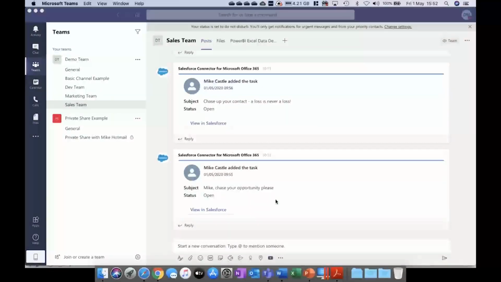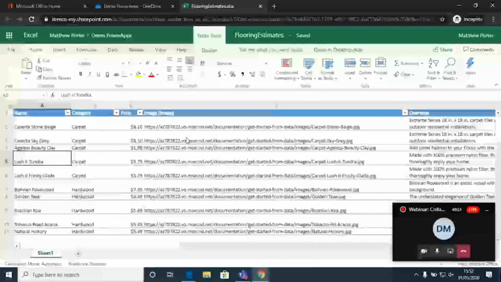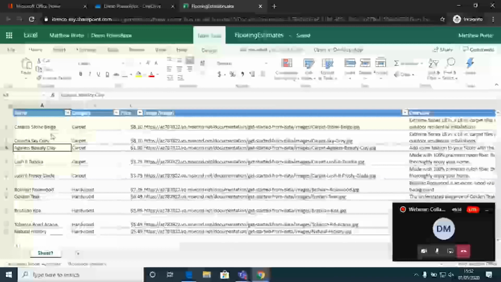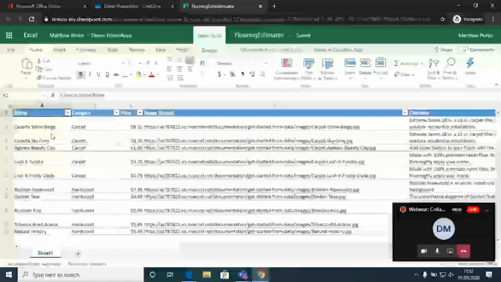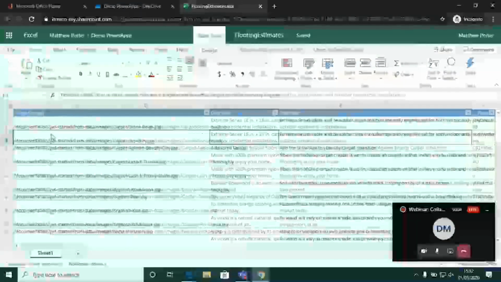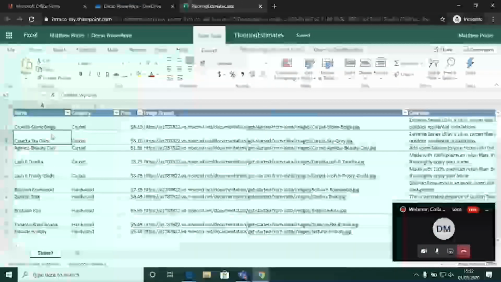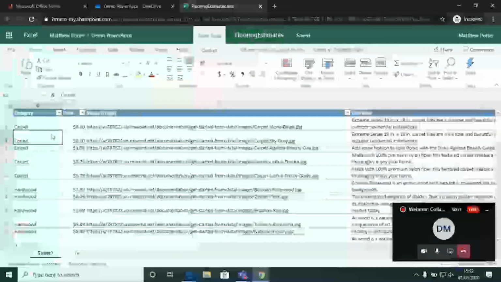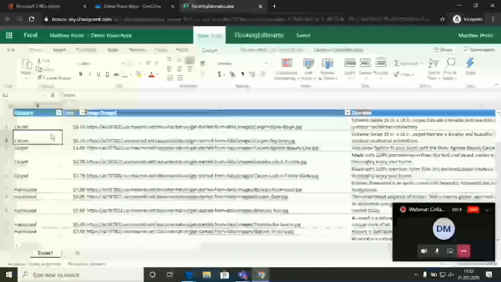So Power Apps are, just as Mike was saying about having different ways of representing data in Power BI, Power Apps give you the same ability, but also the ability to manipulate that data and really give it a very mobile focused view. So with my screen up, what you can see is I've got here a very basic spreadsheet, which has some details of different types of flooring that a salesperson might require. Although all the information's here, you've got the names of the type of flooring, the category, the price, and the overview, it's not really the most interactive mechanism. It's quite a difficult way to read it at speed.